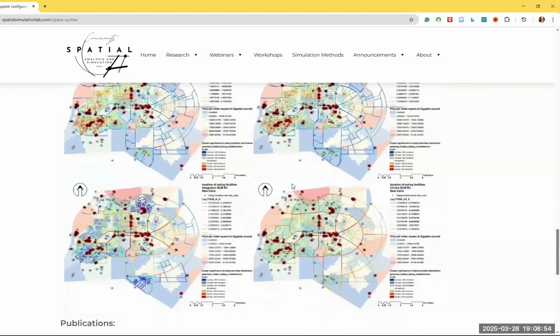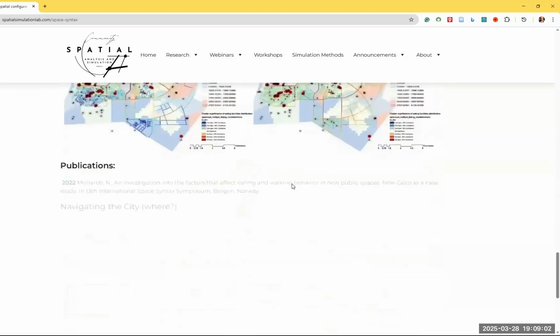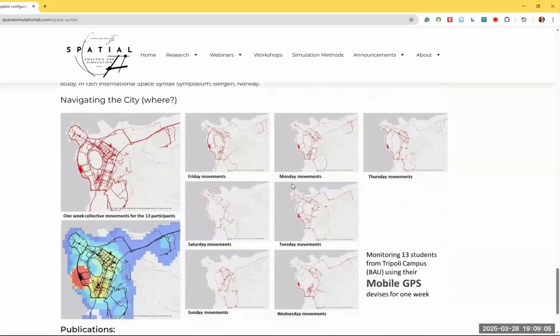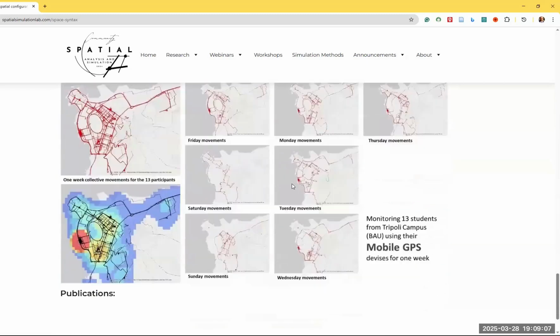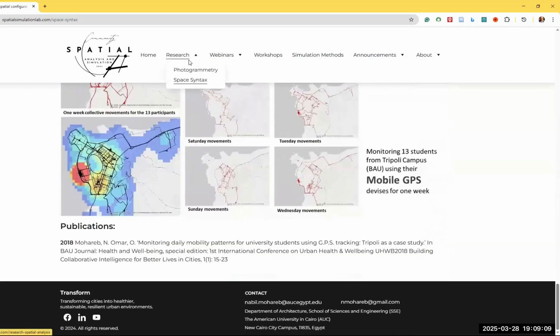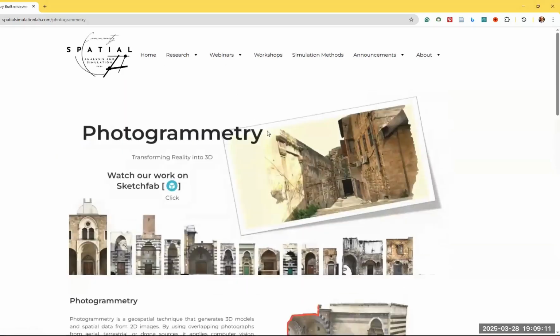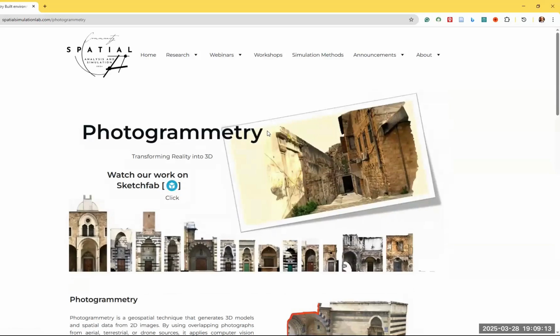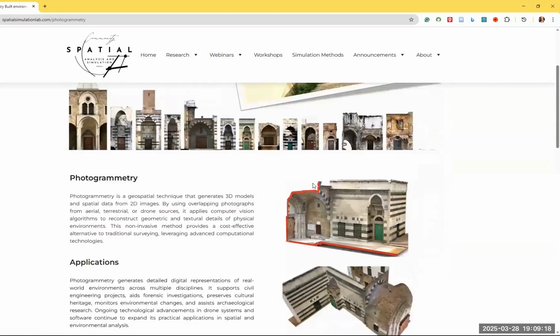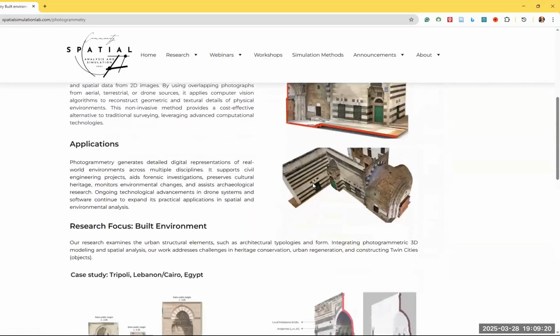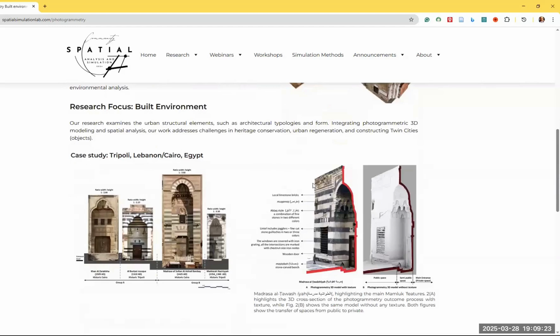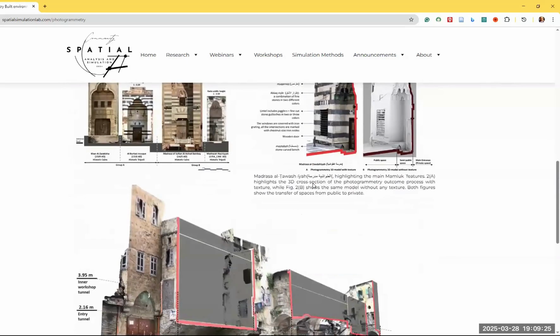In addition, we are trying to find different patterns and layers of analysis, like this one, which is eating analysis, trying to understand the behavior of eating distribution through the city itself, and trying to understand where and how people navigate through the city at different times. In addition, we're interested in another aspect: we try to capture what's already there using photogrammetry, low-tech techniques, trying to understand the spaces in order to make a logic out of them